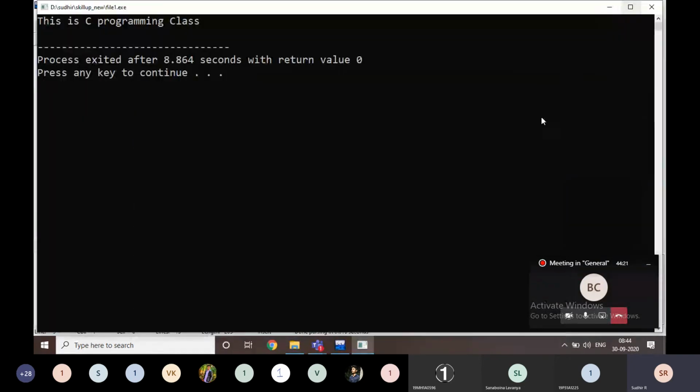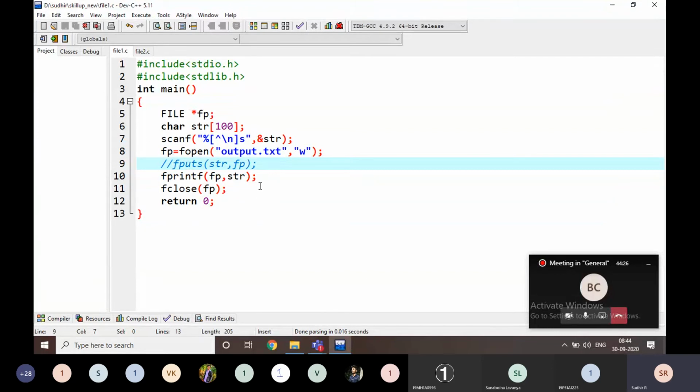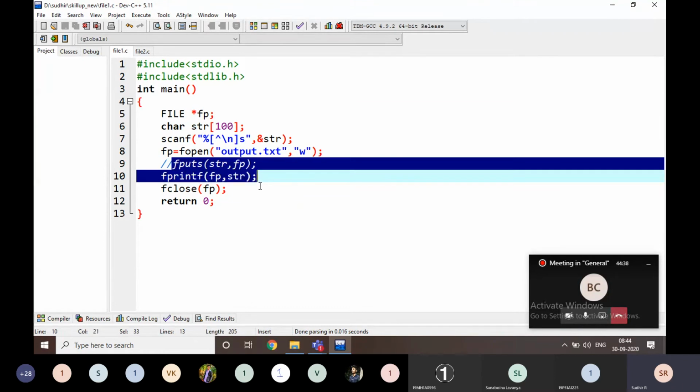Like this, using these two methods, we can put the data into the file. Nothing else, we print the output like this.